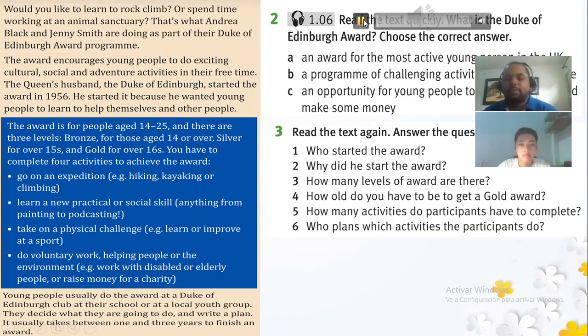Exercise 2. The Duke of Edinburgh Award. Would you like to learn to rock climb? Or spend time working at an animal sanctuary? That's what Andrea Black and